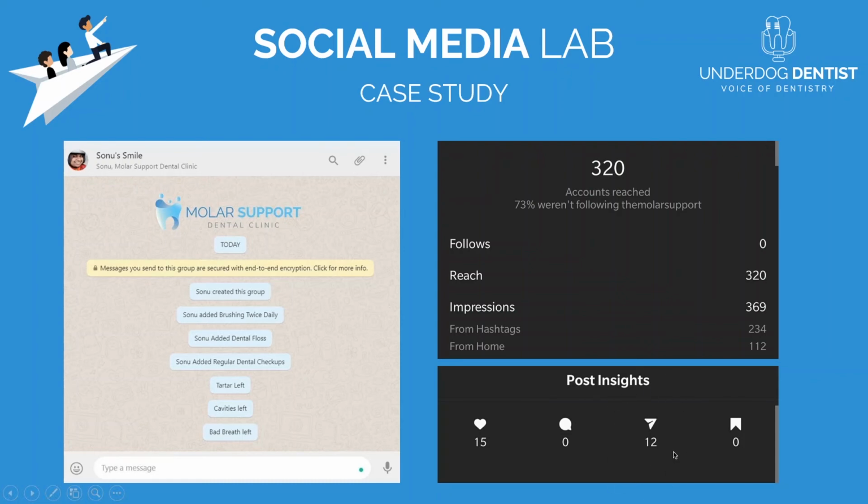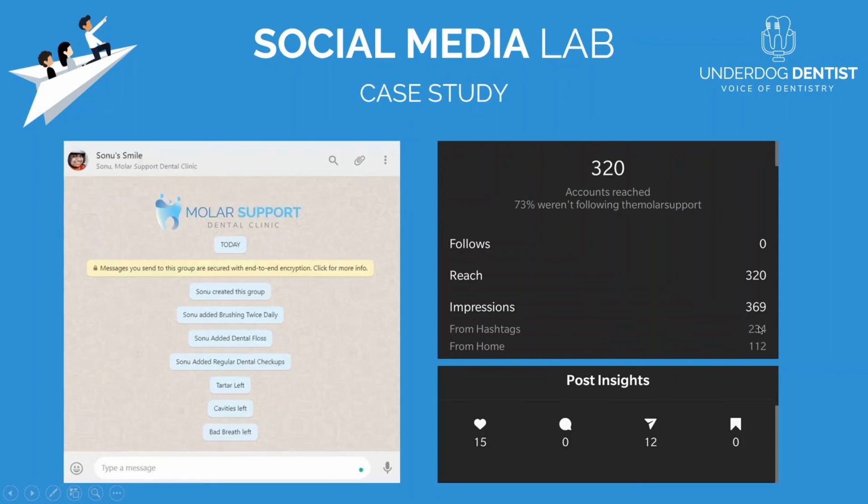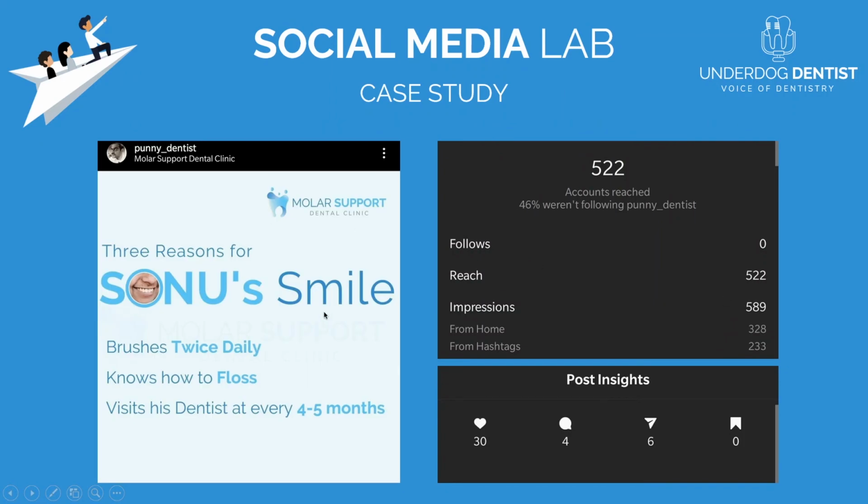There is a difference in the number of shares, this and this. I can't really comment on that, but there is a difference in the impressions that we received from our hashtags. Again, one more post about Sonu, posted at the same time on both my personal account and my clinics account.